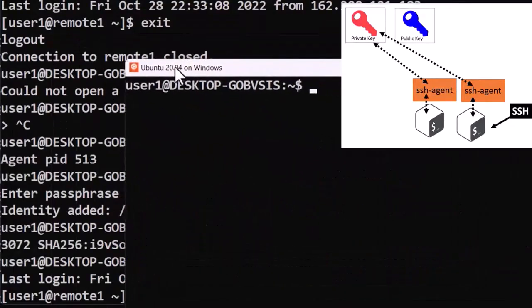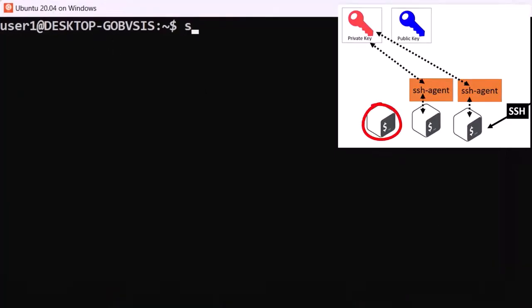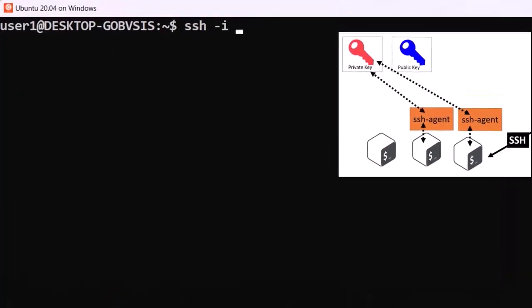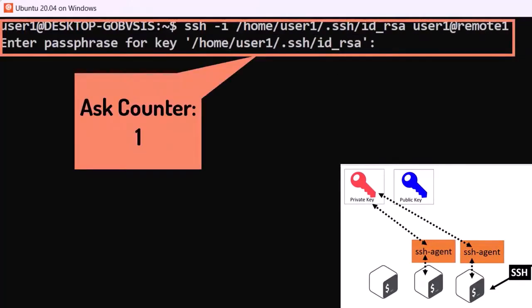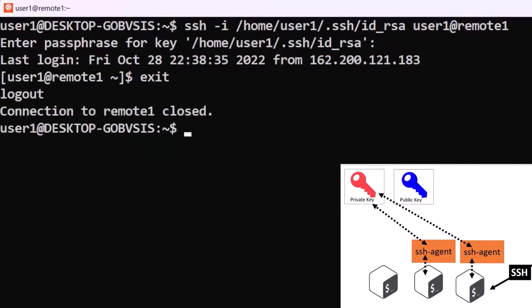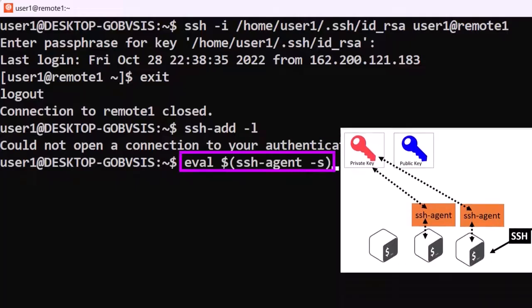And just to drive this point home, if we open another shell, same thing. No agent process. Rinse and repeat.